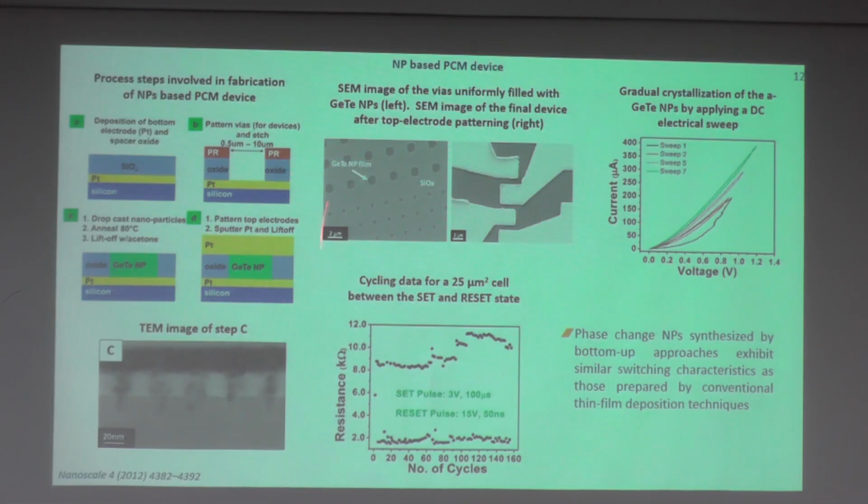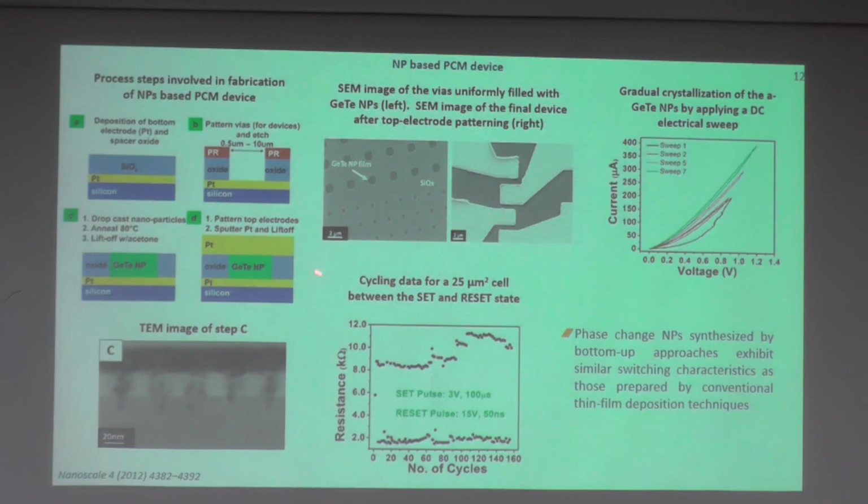So then the properties of such devices were tested. They showed nanoparticles first. This shows the contacting of these nanoparticles. This is the nanoparticle thin film here with such a hole. They can produce different holes, and these are metal contacts here. And so first they studied the crystallization of such amorphous nanoparticles by applying a DC pulse. So you can see here nicely that they showed the switching characteristic for different steps,